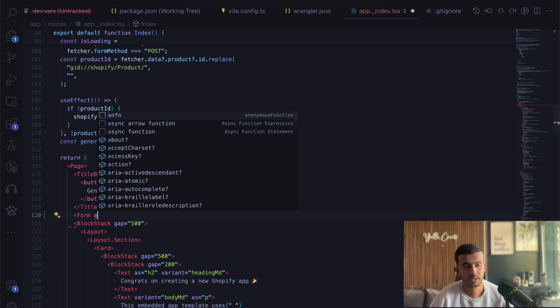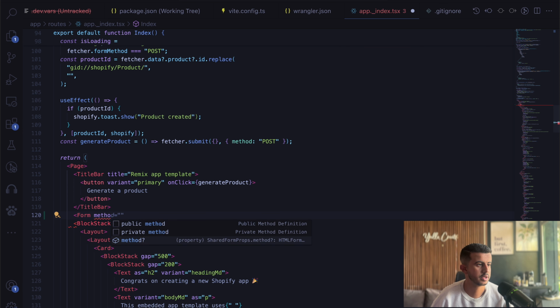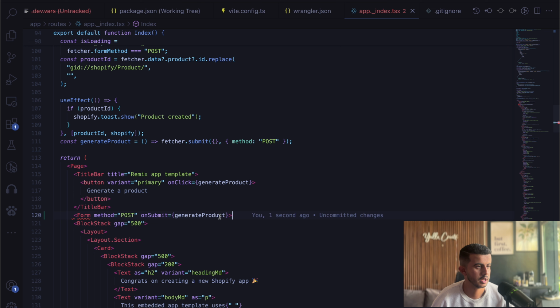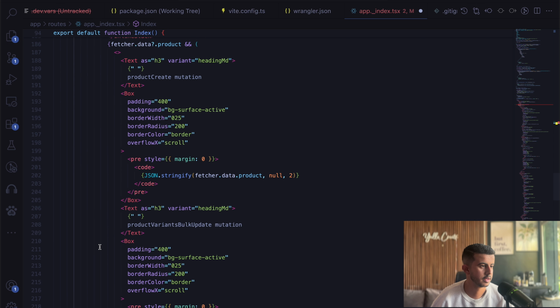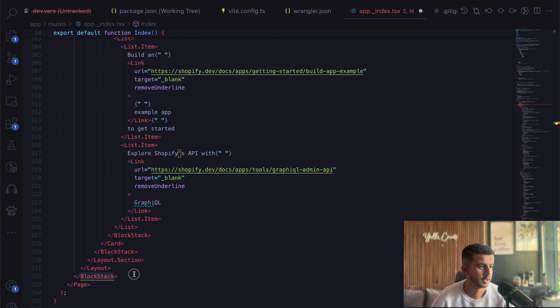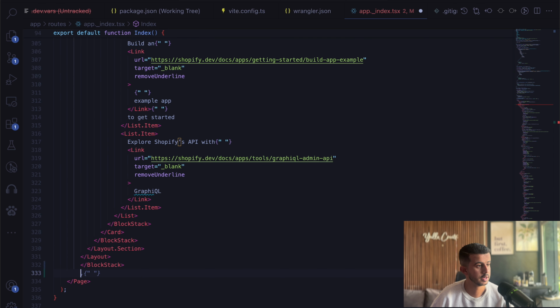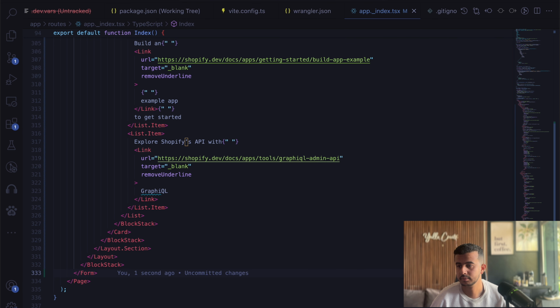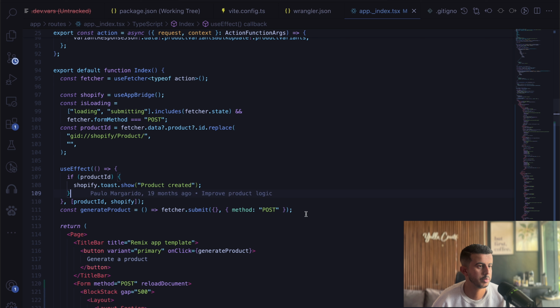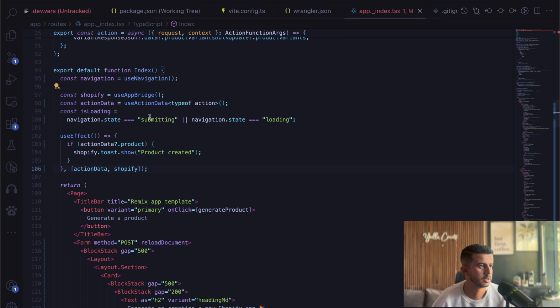So the method will be post and reload the document. Instead of using the fetcher, I will use action data and just remove this generate product button from here,